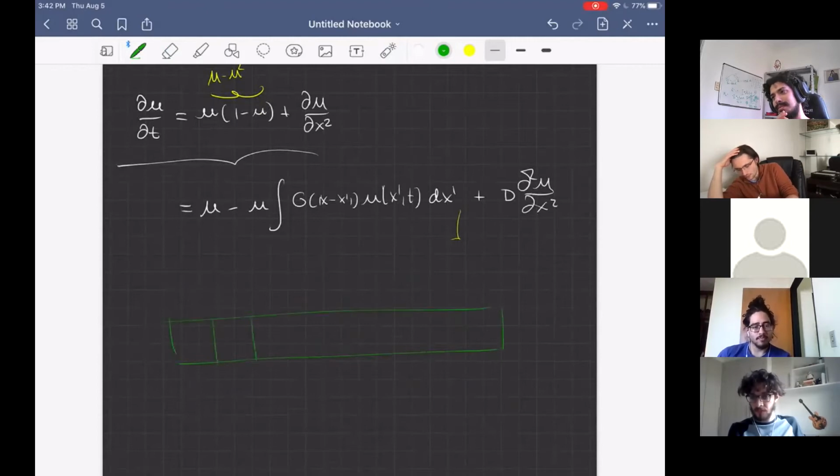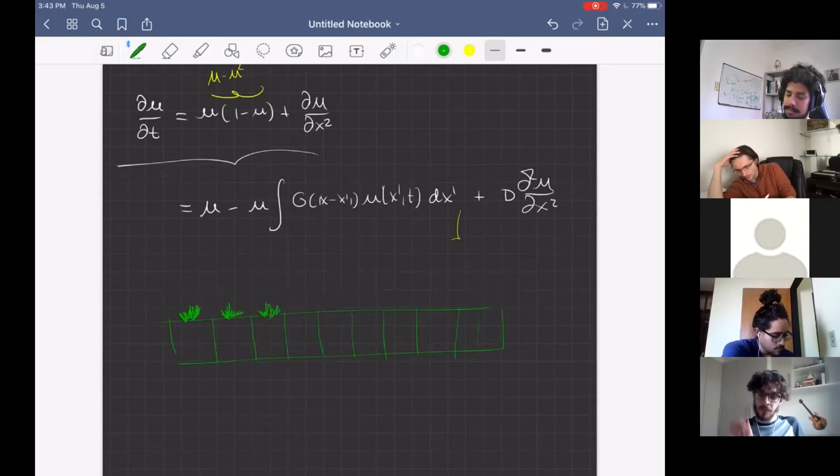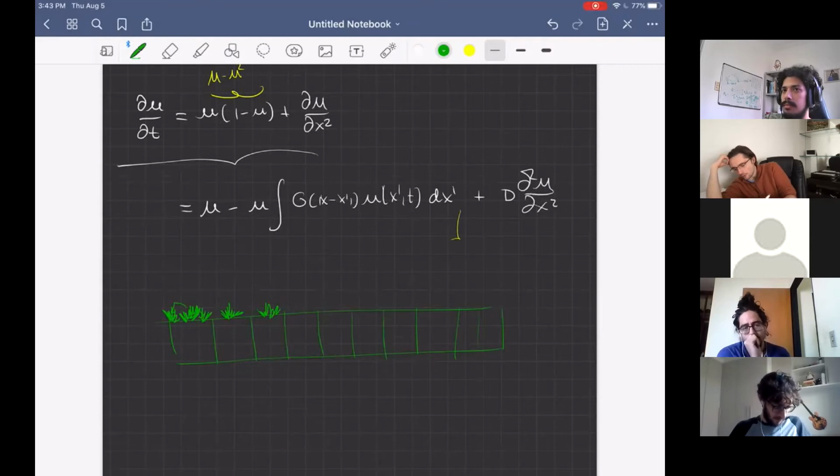So imagine that in each of these cells, you have a plant, or you have many plants, pretty plants. If I want to see how these plants reproduce in this position, basically they will send seeds very close and they will put plants close to them, right? But in order to reproduce in that way, they probably need to